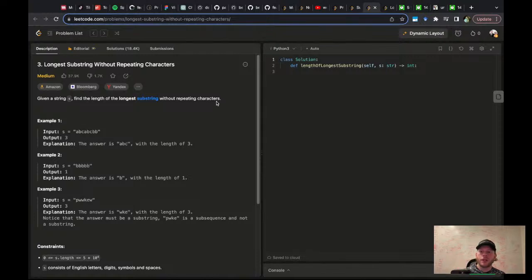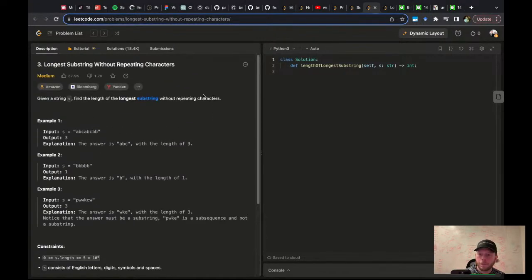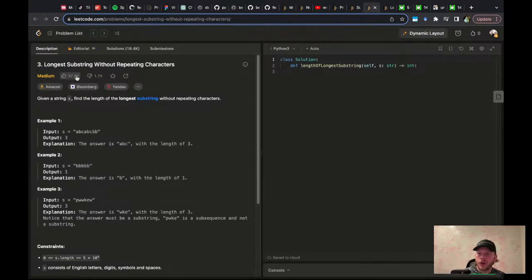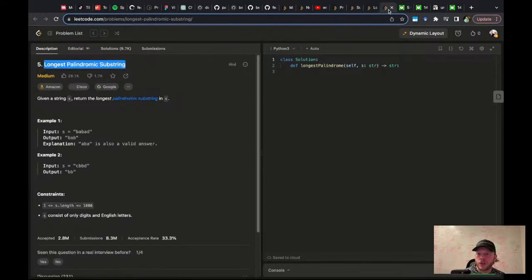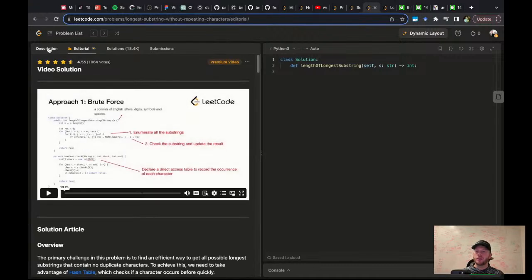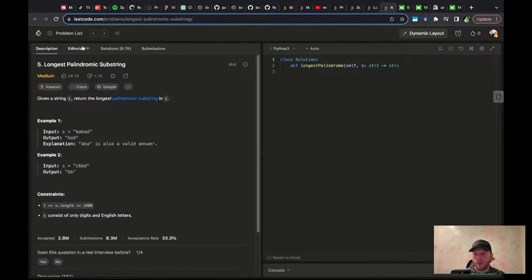Longest substring without repeated characters. Here's 38 upvotes. Yeah. So this one has a lot more upvotes. And this has a cool editorial solution. So is this one more frequent is going to be my question. Well, I guess they both have an editorial solution.